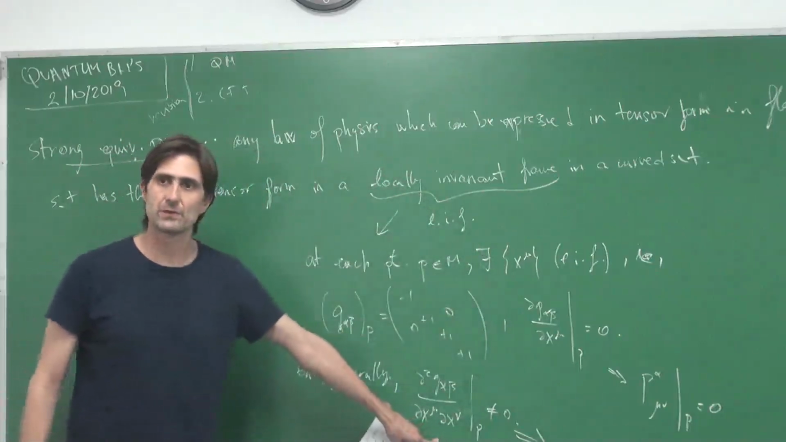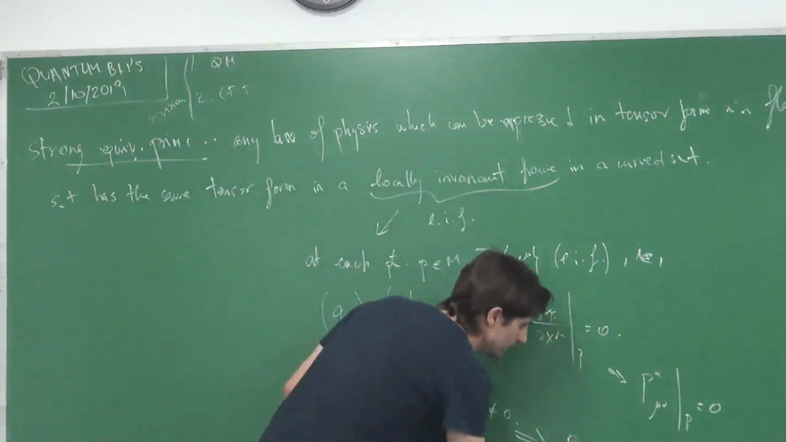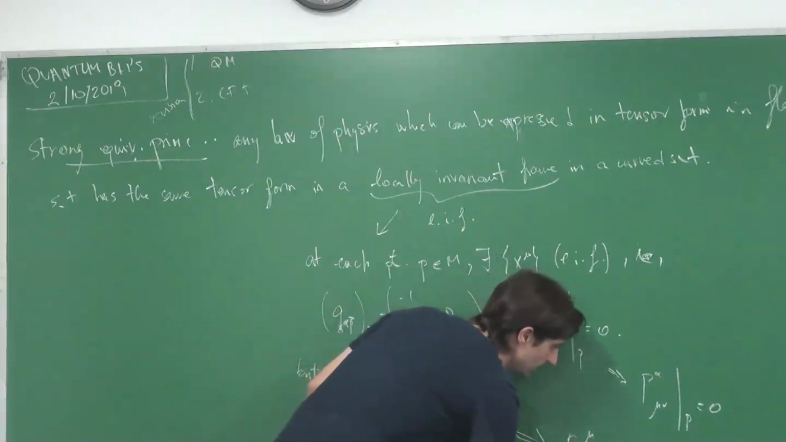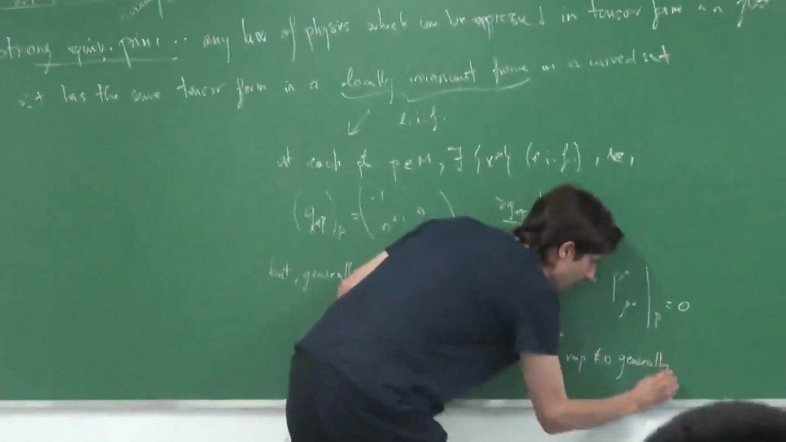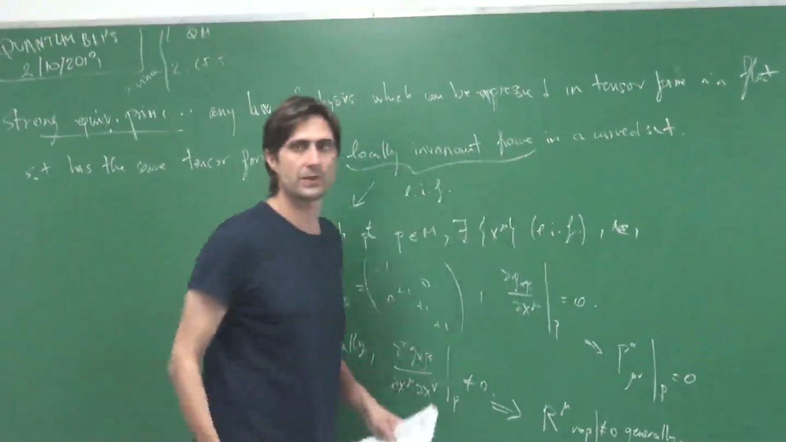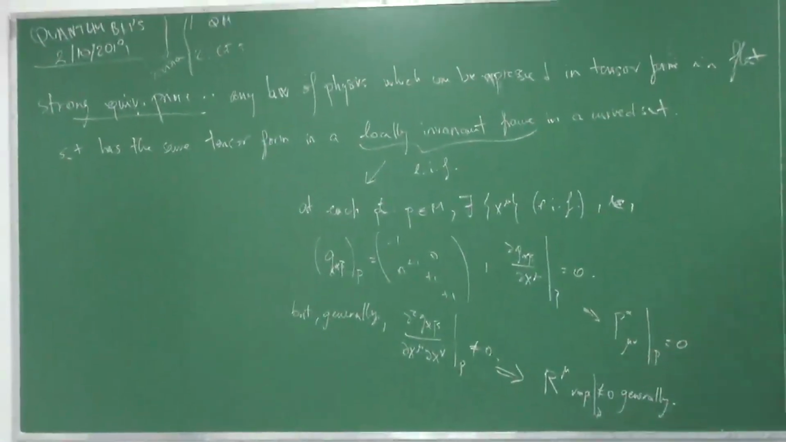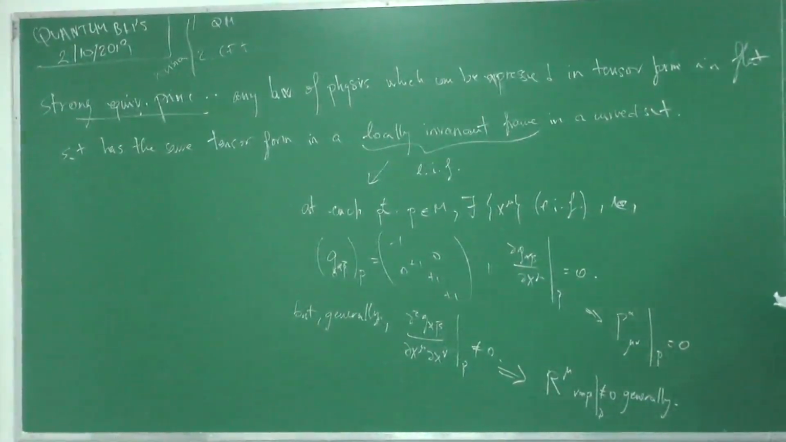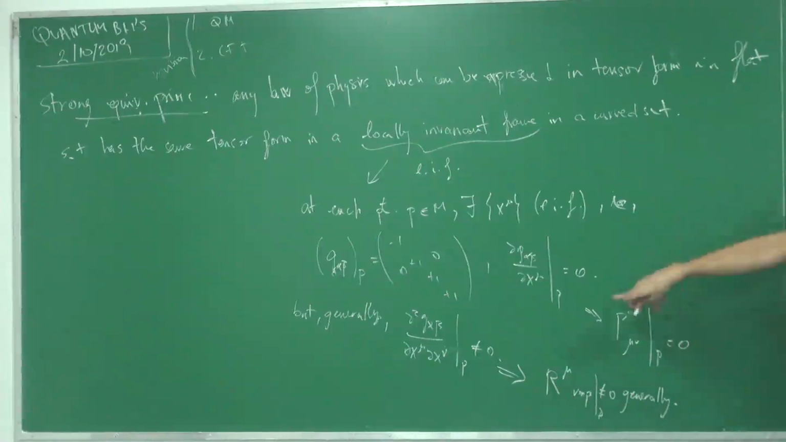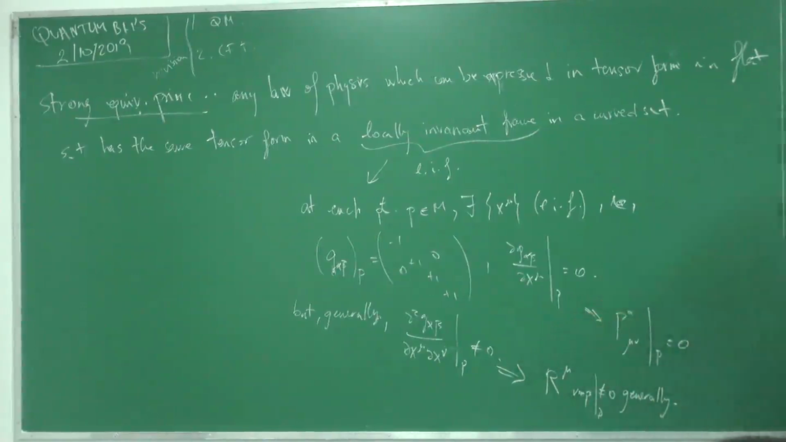The Riemann tensor, though, requires second order derivatives. So the Riemann tensor is non-zero generally at that point. So this means that locally, in the sense that the first derivative is zero, the second derivative is generally non-zero. So locally one can distinguish